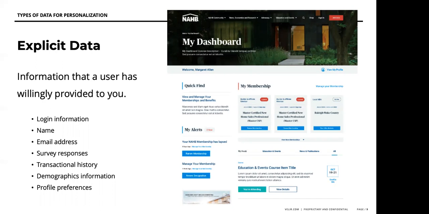So explicit data I like to categorize as information that a user has willingly provided you. So if you think about what you use to log in, providing a name, your email address, you filled out a survey. So I'm telling you my preferences by filling out that survey. Transactional history, I've bought something in the past, and now you know that about me because I gave that to you. Any demographics information that I have provided to you would be considered explicit data, and any profile preferences as well. So contact me once a month, or I'm interested in learning more about coronavirus perhaps, and you can send